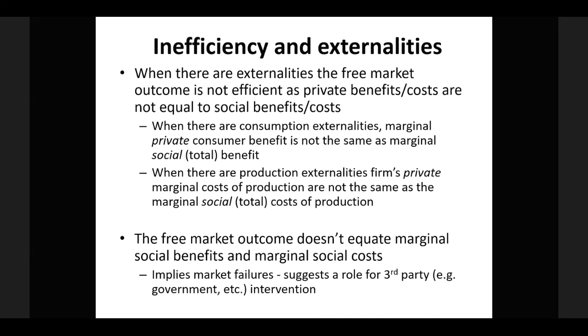So the free market outcome doesn't equate the marginal social benefit to marginal social cost. It rather equates the private benefits to private costs. And in this case, when this happens, we say there is need for some third party to enable the market to be able to work better. That third party can be government, and government can come in with what we call command and control policies or